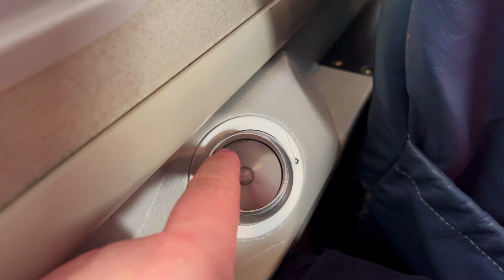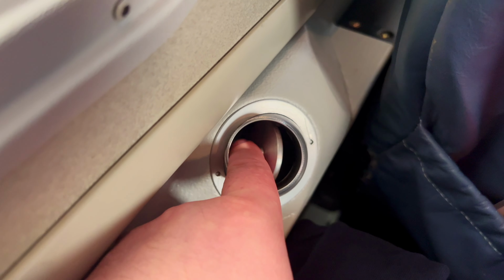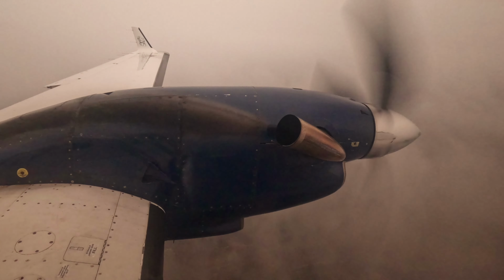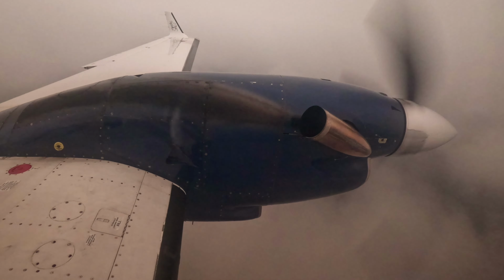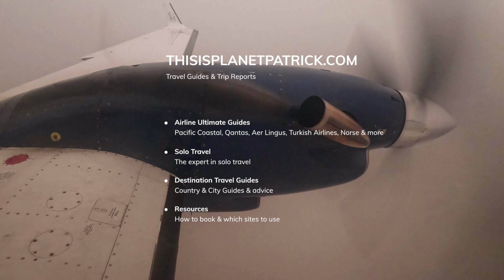I would love to tell you all about the amenities on board, but there was only this air vent which stayed closed when I took my hand away, and a literature pocket. However, I don't think that's the point of Pacific Coastal flights. They get you to smaller airports and places you really want to visit like Vancouver Island at a relatively reasonable price. My full ultimate guide to Pacific Coastal is on my website right now